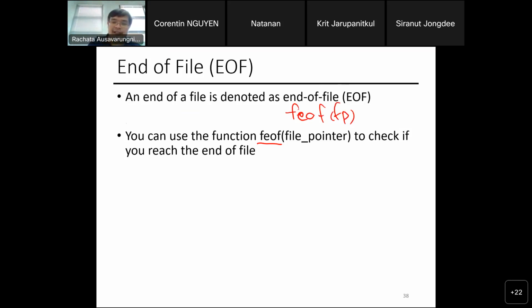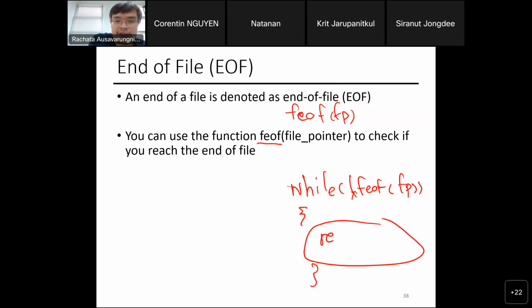Usually the trick, something I would do all the time, is something like while not feof and then the file pointer name here. And then over here you can just read the file, right? Basically, this means I'll keep reading until I reach the end of the file, right? So I can keep doing that.